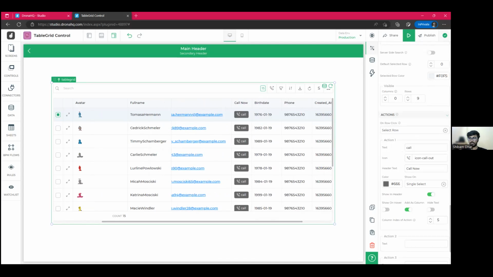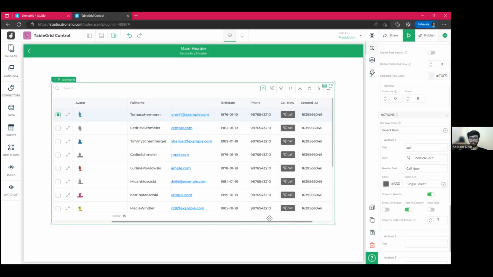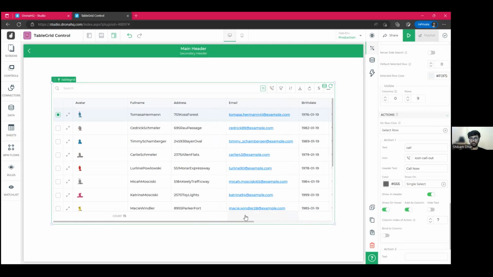Right here, and I just do more, 6, 7. So you can also define in which nth position you want the whole column to be displayed. You can also show it as show on hover. So if I just